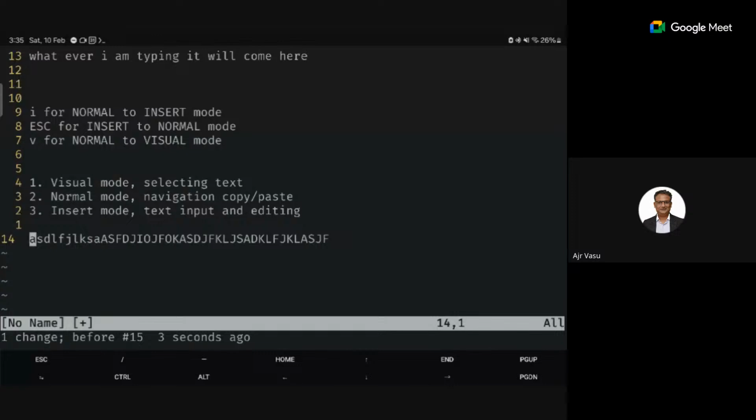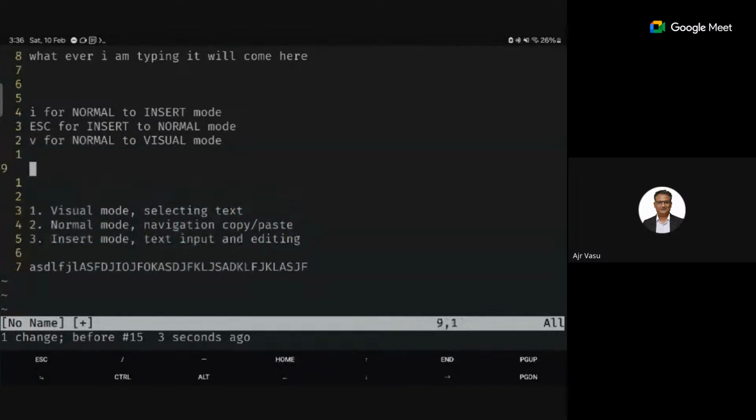So let's say I want to remove only this K and A. So I press V and press L. I can move one by one, L. Now I can delete. If I do D for delete, it removes things. Okay, this is how we delete things. For copy, we use YY.